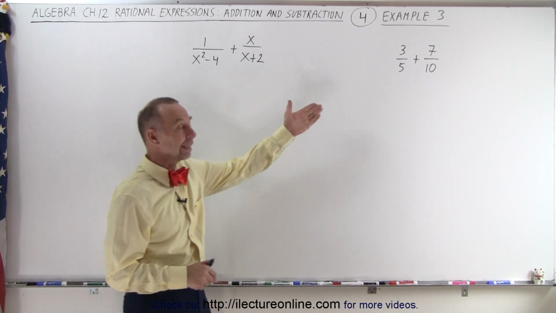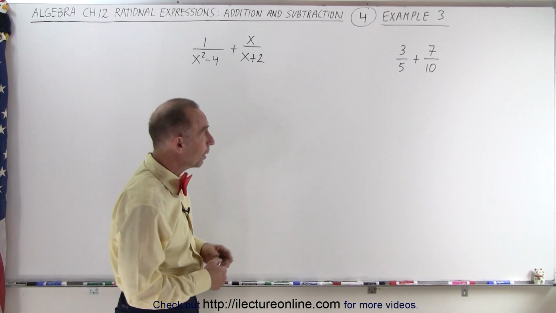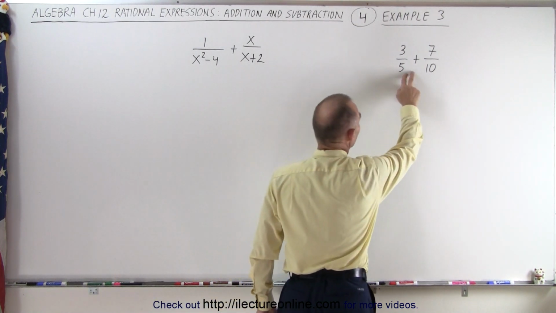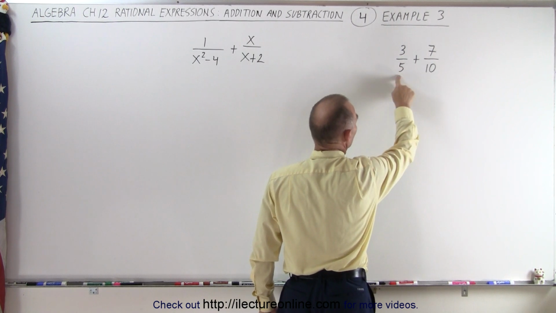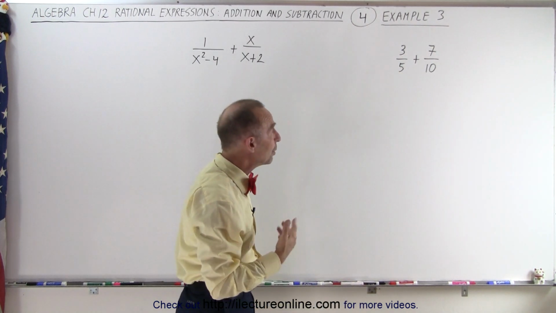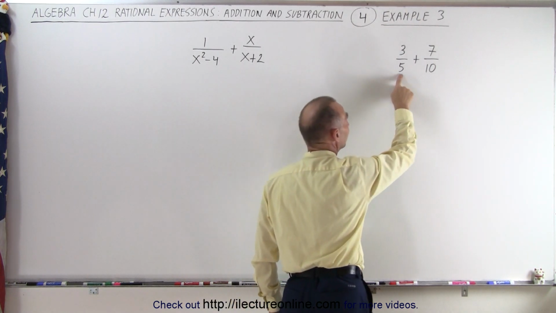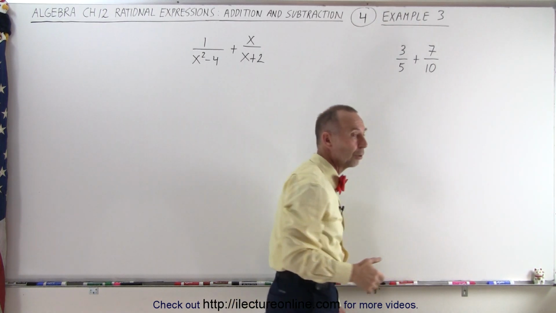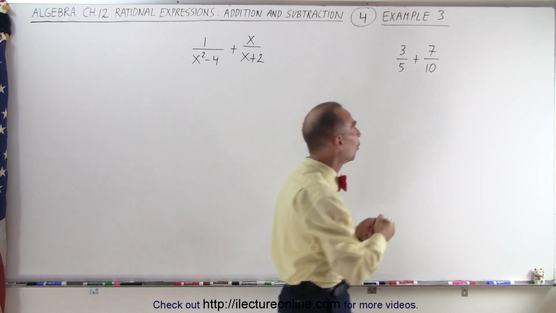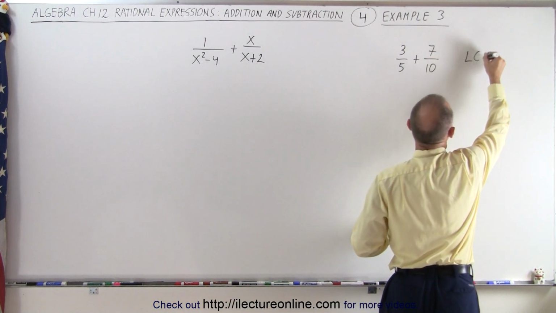Now for some easy examples where the denominators are not the same. So let's start with, again, something we've seen before, just with numbers, but the principle is the same. Notice we want to add these two fractions, and the denominators are not the same, so we want to make them the same. In this particular case, we notice that the smaller denominator fits evenly into the bigger denominator, which means that the lowest common denominator of the two is the bigger one, or we can say that the LCD